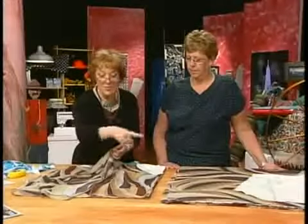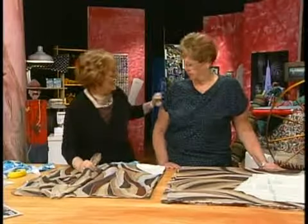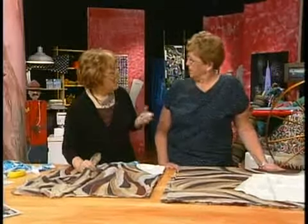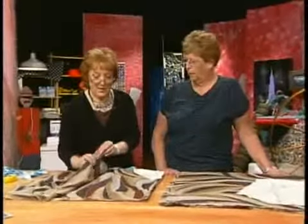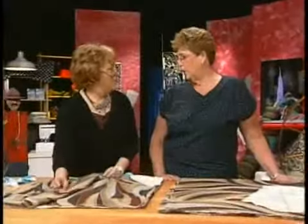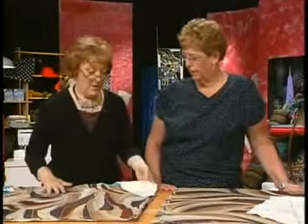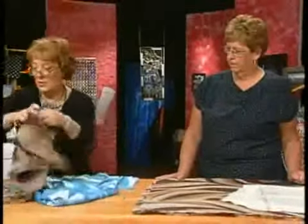So you could finish off that whole thing. In fact, that's what I see you've done on your neckline as well. That's a nice way to finish here and here on the top. You have to adjust your controls on your serger to get it so that the top thread rolls over to the bottom. I suppose another idea you could use would be a decorative thread, a different color around the edge on a sheer fabric. So we're going to cut that, and we're going to end up with this,